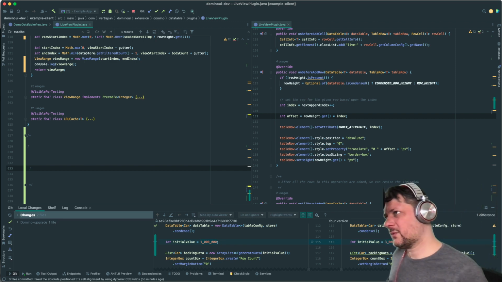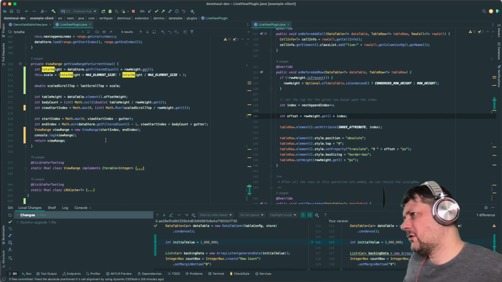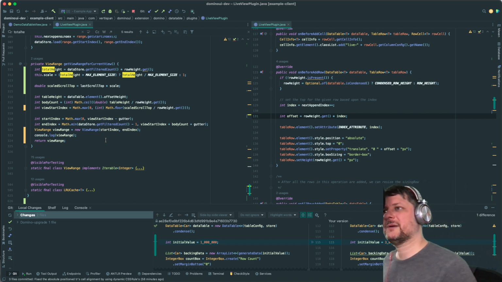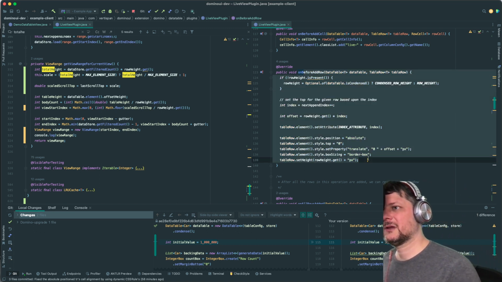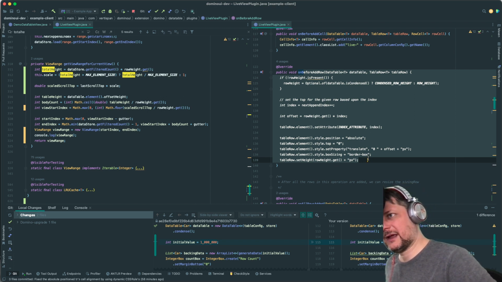Yeah, because whenever we're looking at the view range, we're grabbing indexes based upon a scaled version of the scroll. See, that's going to be a problem because all of these are going to be modified. Every time we scroll, we're going to have to change the translation